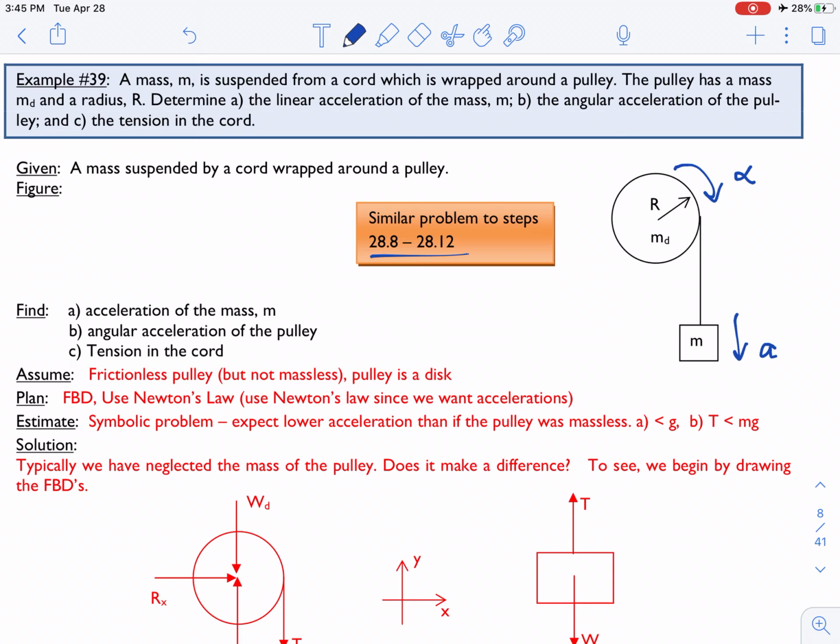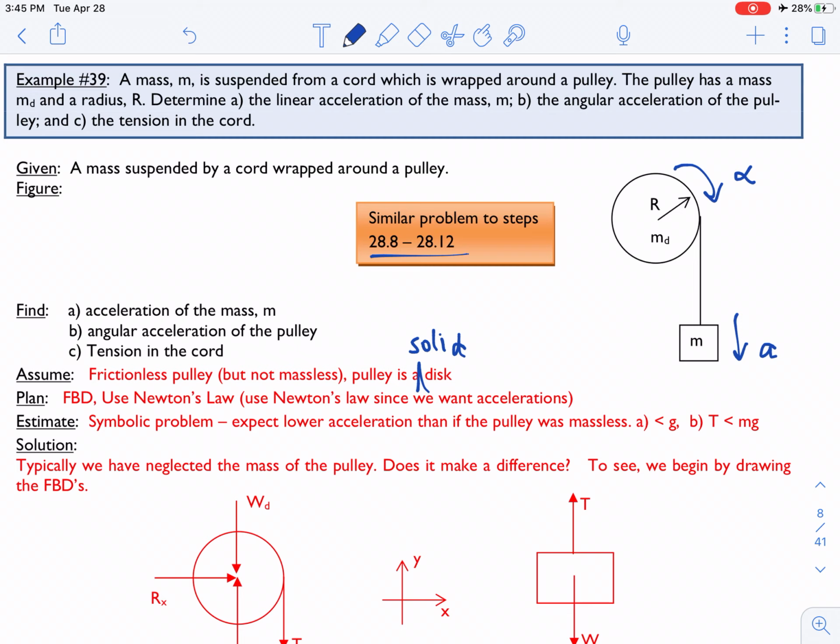So first of all, we assume a frictionless pulley, but it has a mass MD, so it's not an ideal pulley. And the pulley is in the shape of a disc, a solid disc to be more specific. It's not like a hollow cylinder, it's a solid disc. And for the plan, we are going to, as usual, draw free body diagrams, use Newton's laws, and